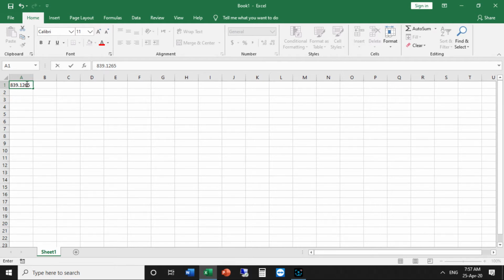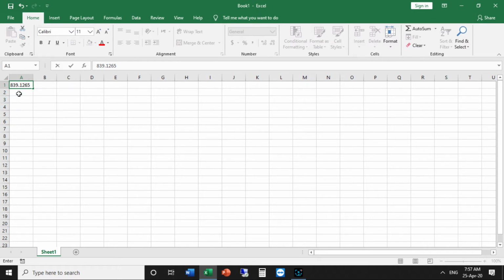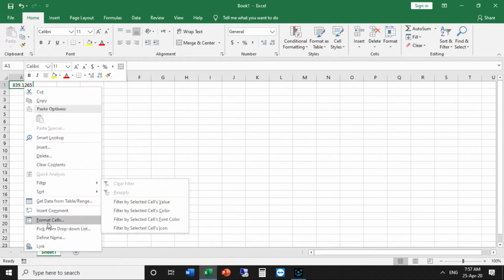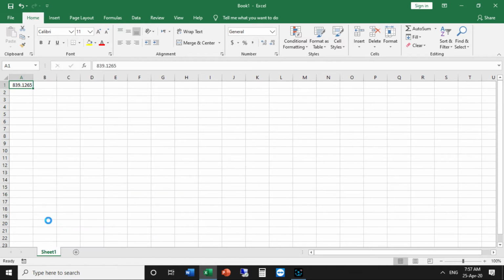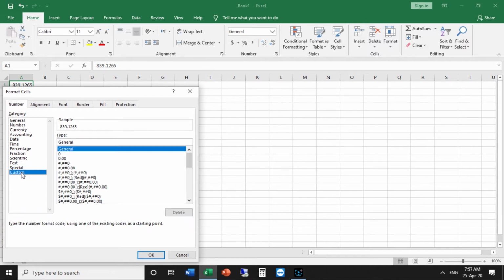Right click, format cell, then click custom, then type .0